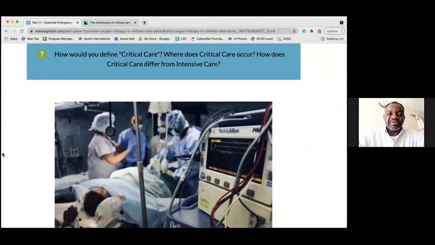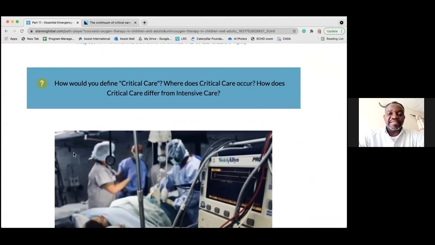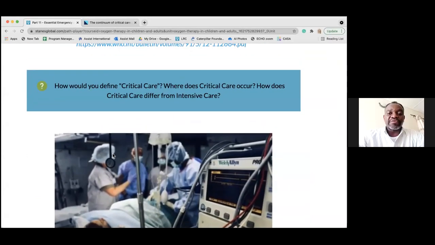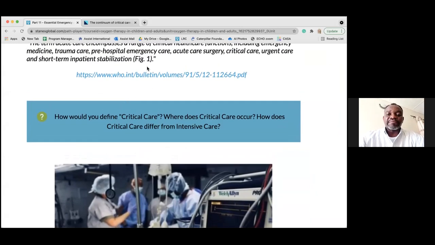This article is on the website. You can go for it and it will give you more information about it. But the little more that we can add is to make the difference between critical care and